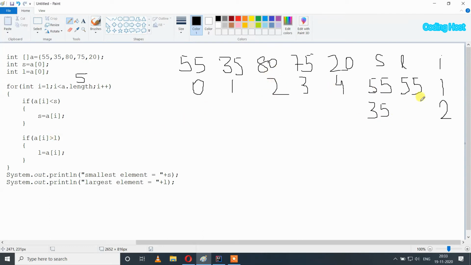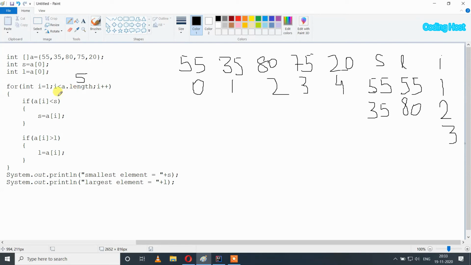So 80 is larger than 55, so yes, our condition is true, and it will execute L equal to a of I. So in this L variable we will store this element. So now in this L variable we have element 80. After that I plus plus, so now I will become 3.